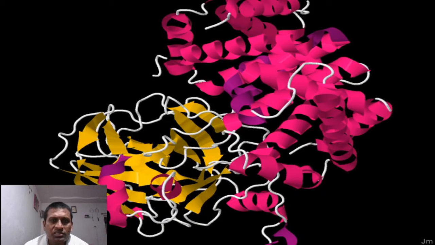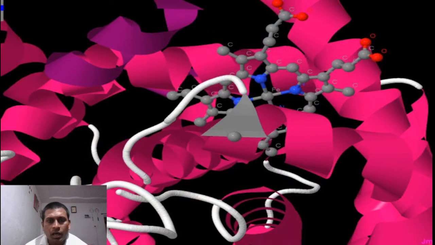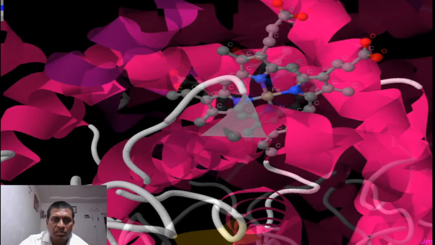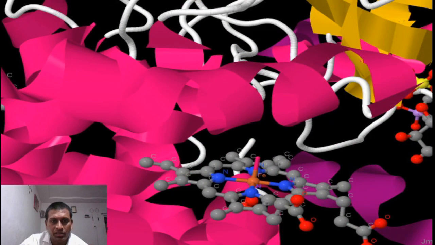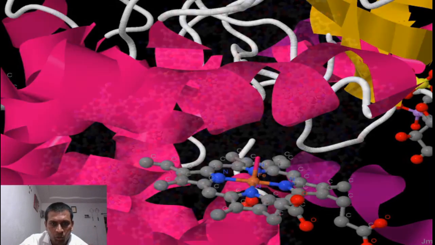This is the secondary form, meaning the structure of hemoglobin in the cartoon form, but the hemoglobin unit is in the stick and ball form. This porphyrin ring is attached to the red iron atom, so the whole unit is the metalloporphyrin ring. The remaining part is in the cartoon form; this is the protein part, and this is the hemoglobin unit.